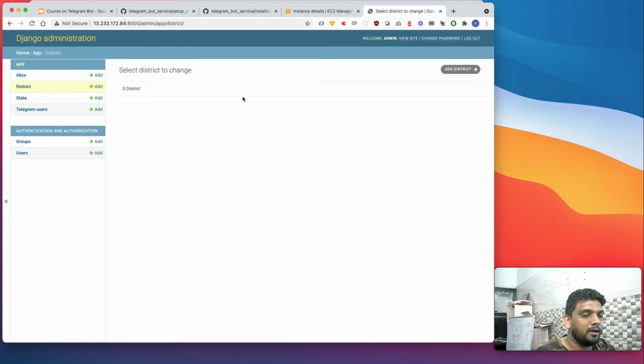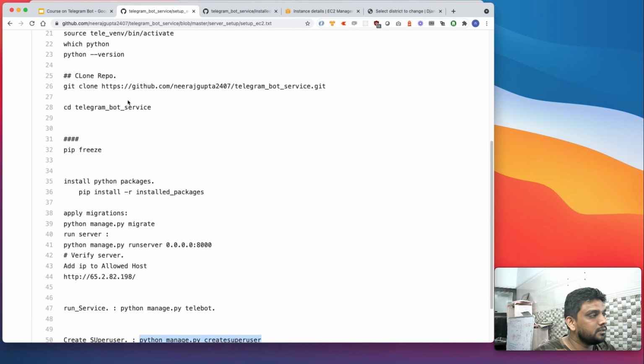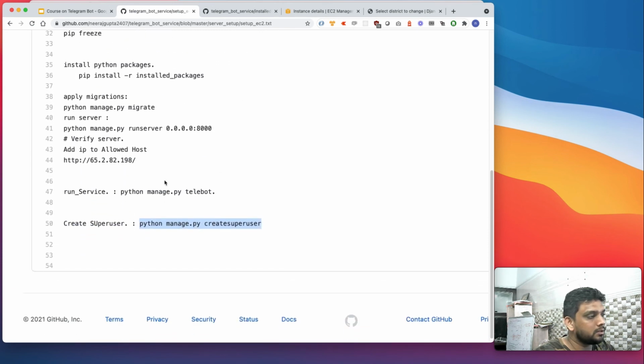But our server is up. We are able to host our application on this IP, and our server is running perfectly well. This is the command which we have to use in order to run our service.